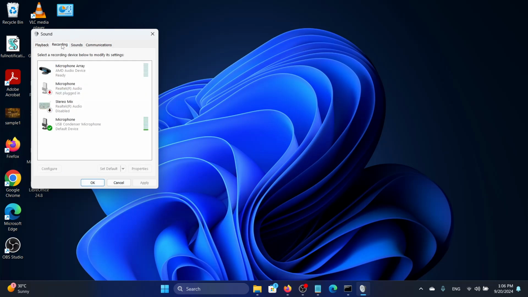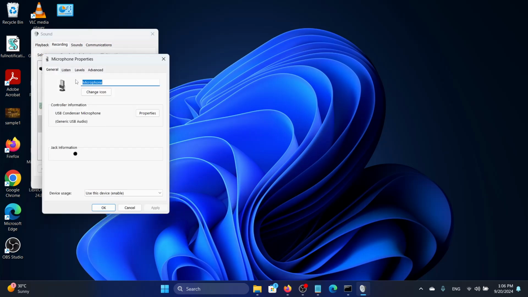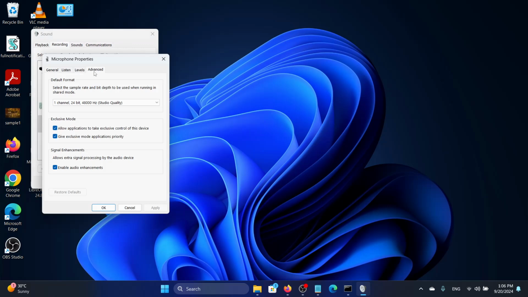Same thing you can do for recording. If there is no input of any sound into your device, then right click, and if it is disabled, then if there's enable, you click enable here, and you click on properties, click on advanced, and then do the same. Exclusive mode, allow applications to take exclusive control of this device, give exclusive mode applications priority, and